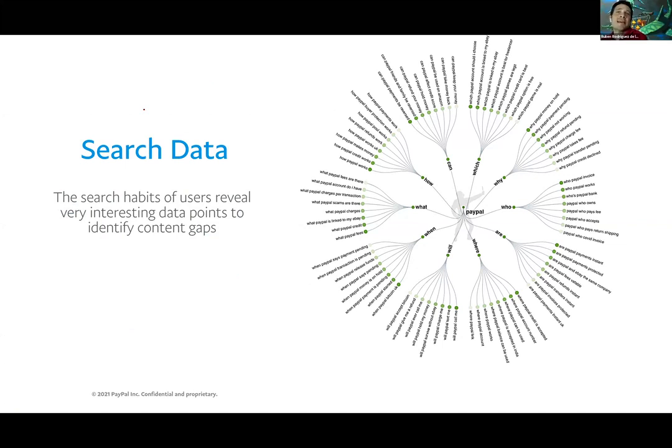So this is search data. This is essentially what our users are searching for in search engines when they search about PayPal. Now it can be behavioral data because it's user behavior, but it's also kind of similar to customer feedback in the sense that it's using text, and it's a very interesting data set to look at because